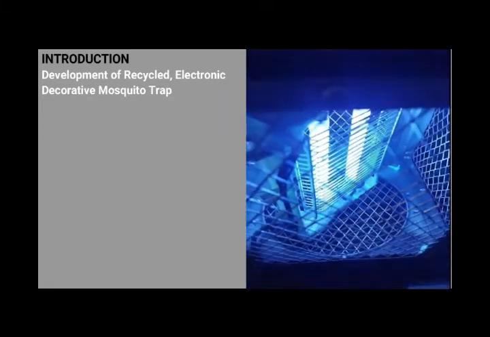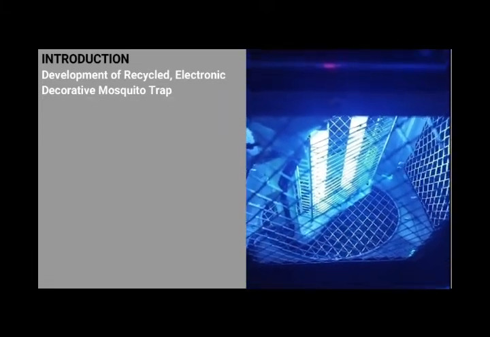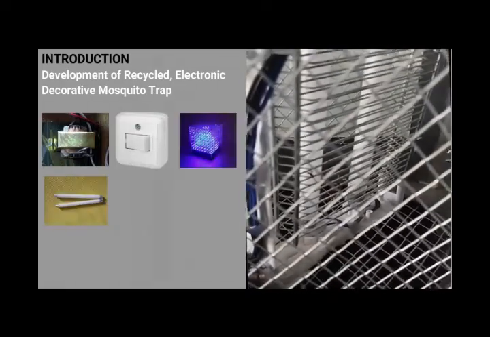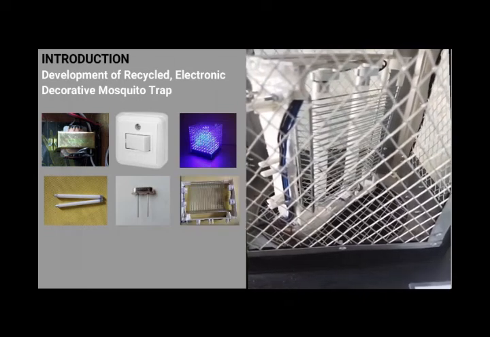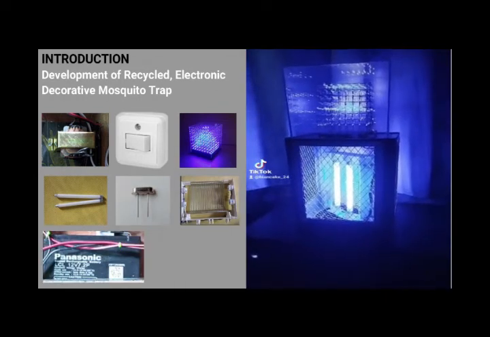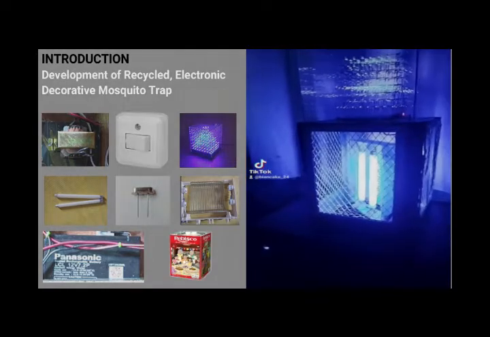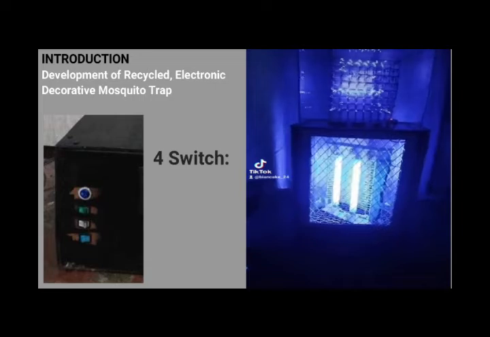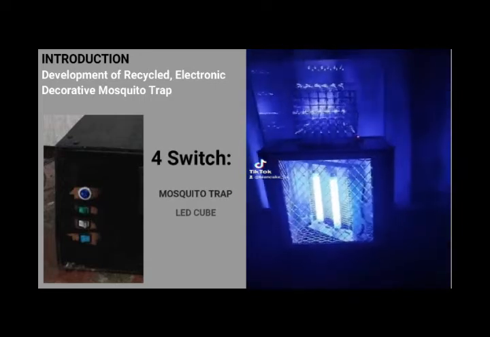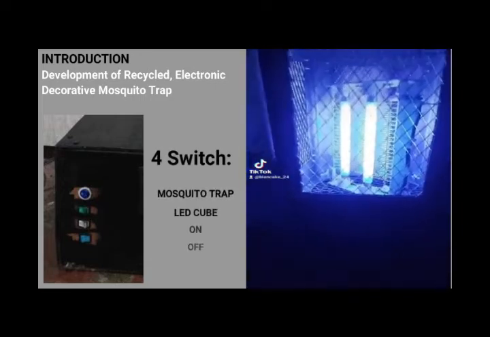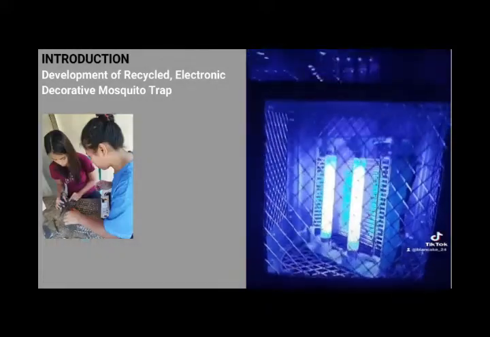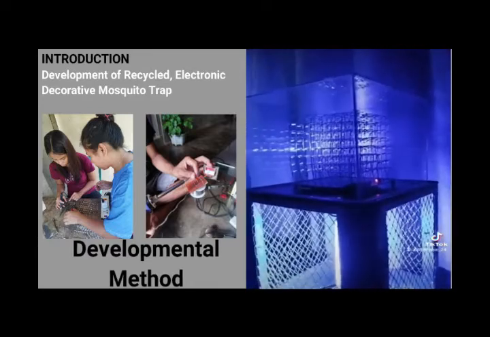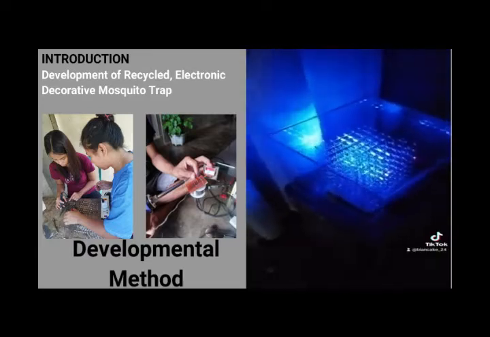The materials, tools, and equipment used in construction of the device were transformer, switch, LED cube, UV light, capacitor, recycled mosquito trap, battery, buck converter, and encasing was plywood and used Rubisco container. The device also has 4 switch that serves as mosquito trap switch, LED cube switch, and the on and off switch. The researchers used developmental method as the systematic study of designing, developing, and evaluating instructional programs or processes